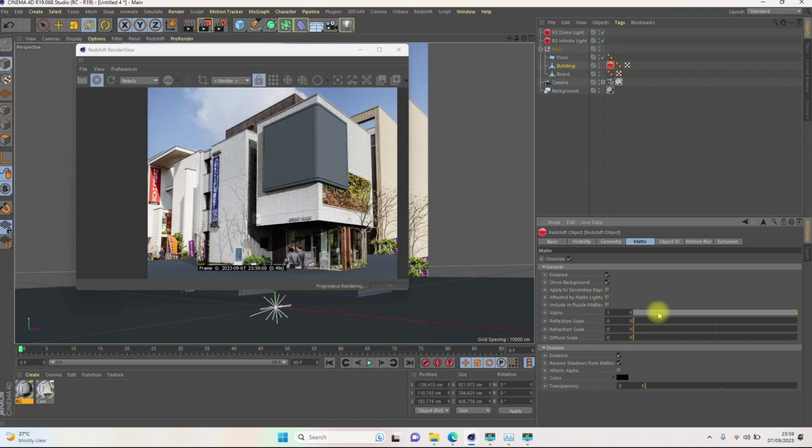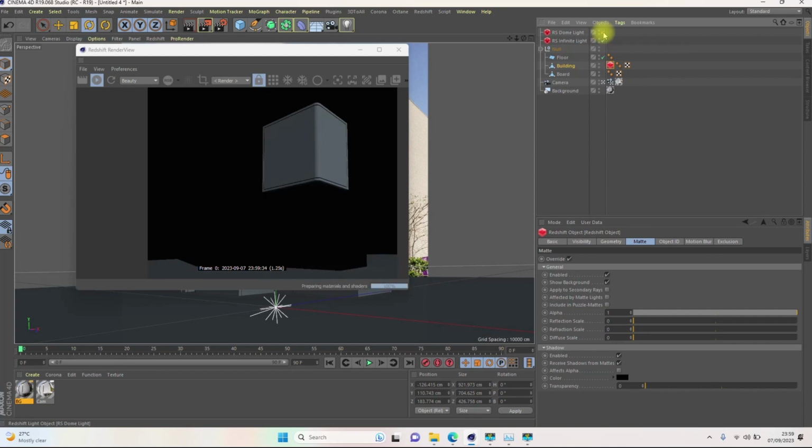Then you also have the option to apply secondary rays, and that will apply that. And you can affect matte lights. All of the settings you can do them, but you are fine with what we have here. Okay. Then for the alpha, changing this alpha really doesn't do anything in this case, so I'll just leave that there. But we're beginning to see the interaction here,